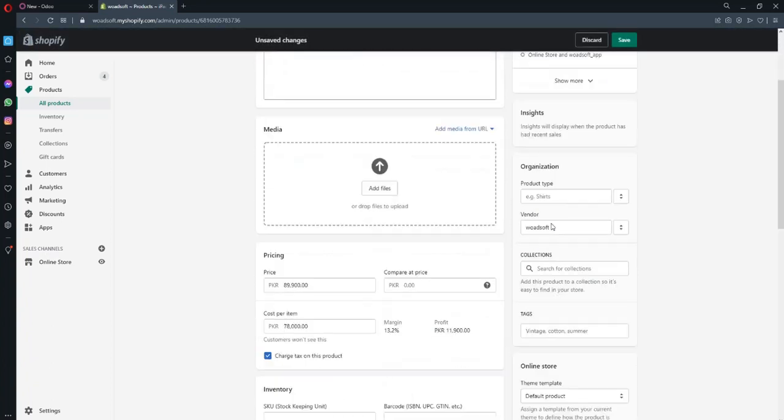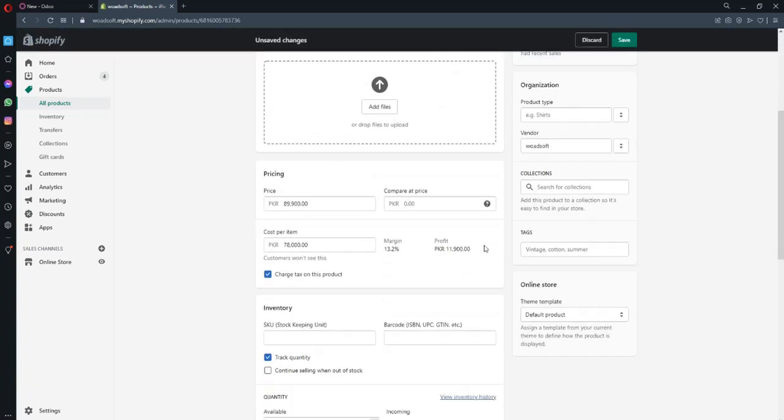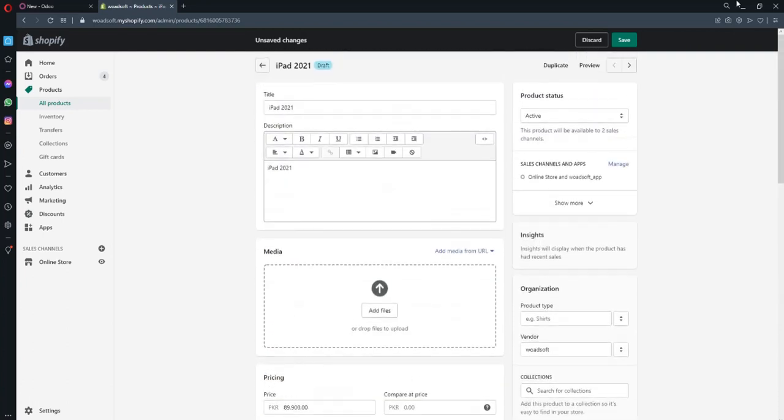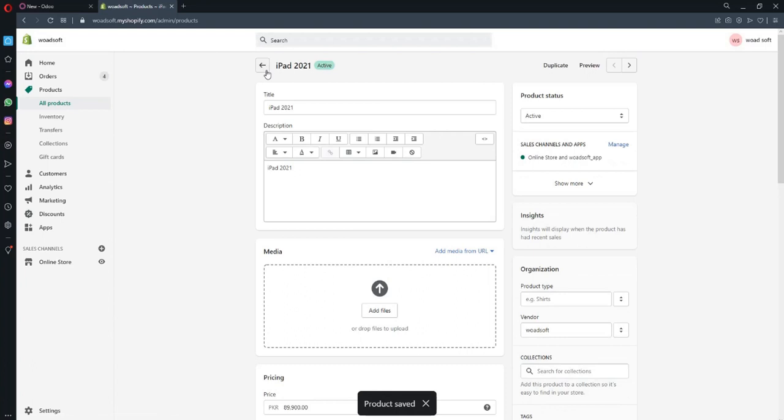Active, and I add some stock value. So I made a few changes in the product.